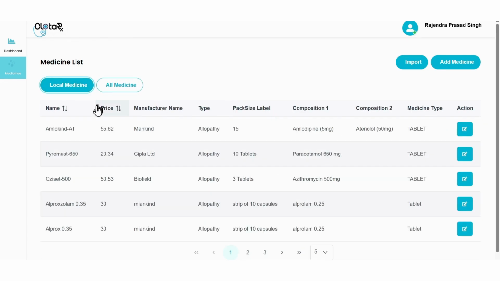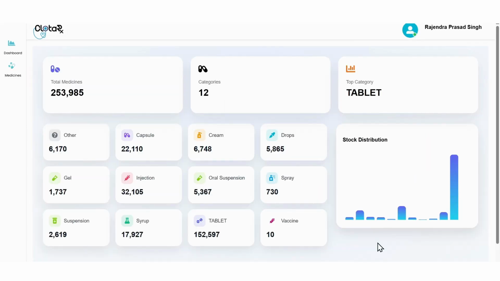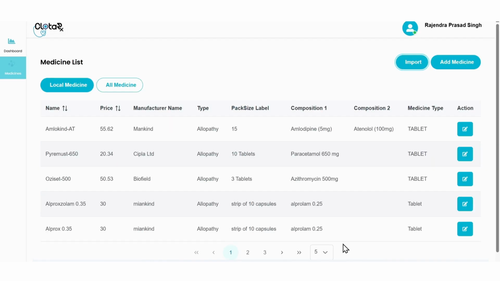This reduces prescription errors and improves coordination. The stockist module ensures smooth coordination with doctors and reception staff. It helps maintain reliable medicine availability throughout the clinic. To log out, the stockist clicks on the profile icon and selects Log Out.